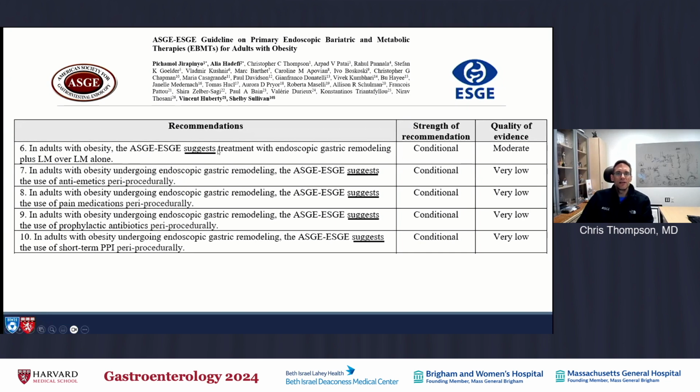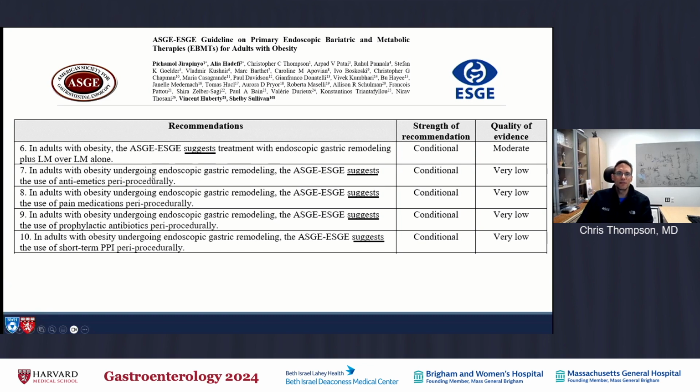And you can see here the guidelines suggest treatment with ESG, or actually endoscopic gastric remodeling, because there are other devices on the horizon, plus lifestyle modification over lifestyle modification alone for sure, and that's conditional and moderate. This is the same quality evidence you have for GLP-1s, by the way, so it's not bad, right? And then the rest is basically peri-procedural care, and you have lower quality evidence for the peri-procedural care, but